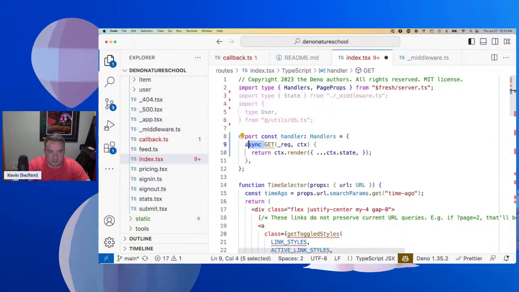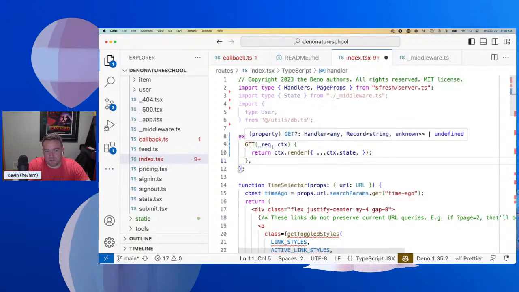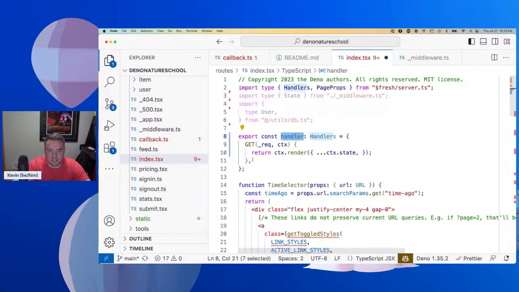Right, so we can just knock out the async there. I was wondering why the yellow squiggly was there. Eventually we might need to add it back, but we don't need it for now. But this handler thing will let us